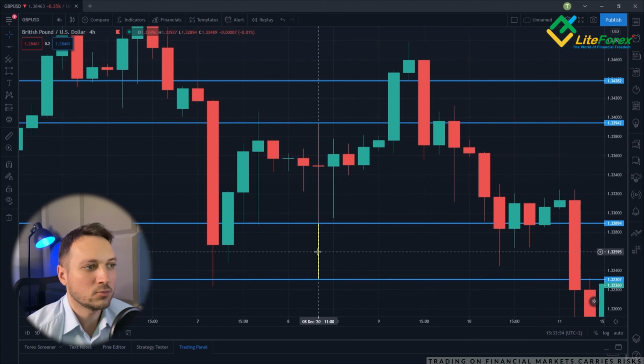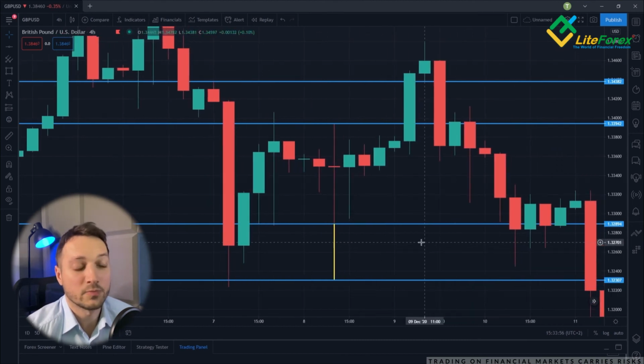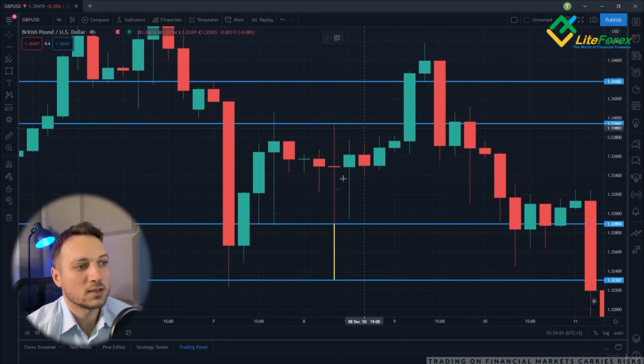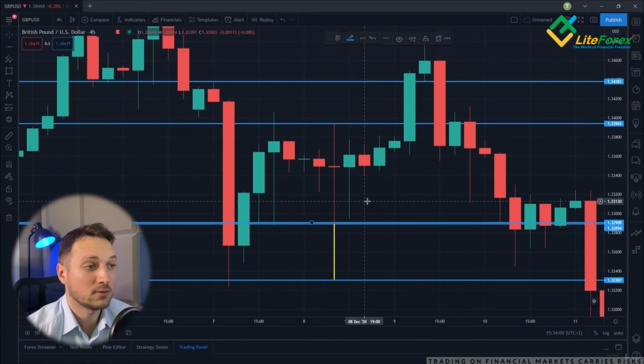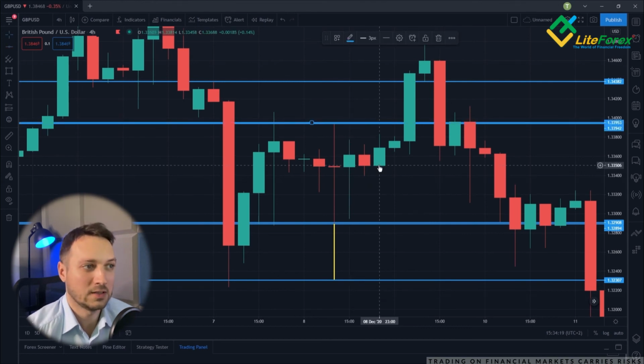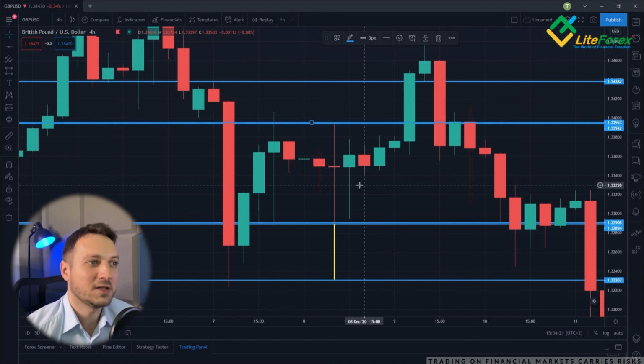The stop loss order should be at the opposite extreme. So for example, for this buy stop order, the stop loss would be right here on the opposite side at the level more or less of the sell stop order. And again, if we are talking about the sell stop order, the stop loss should be on the buy stop order level. You can tell that the risk reward ratio is not great in this formation,